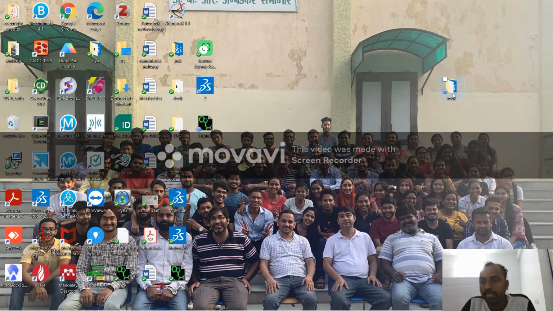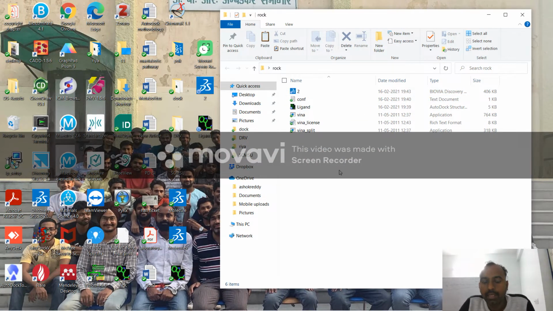So here I have created a folder which has one PDB file, that is your protein in Protein Data Bank format. Another is the ligand, also in PDB format, and the other files you have to copy from the Vina folder.